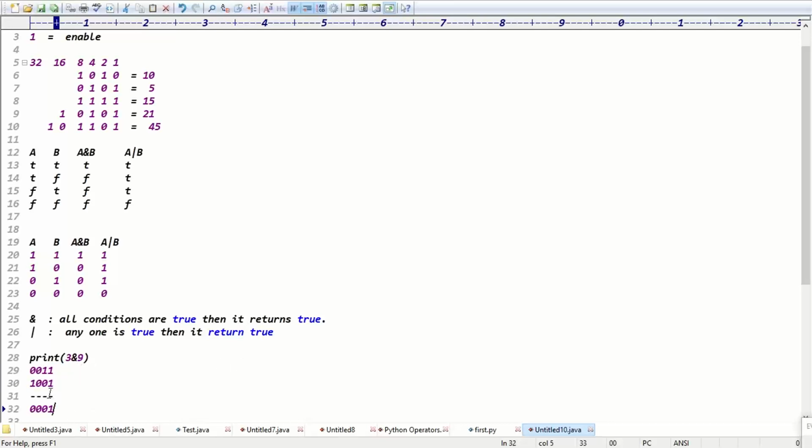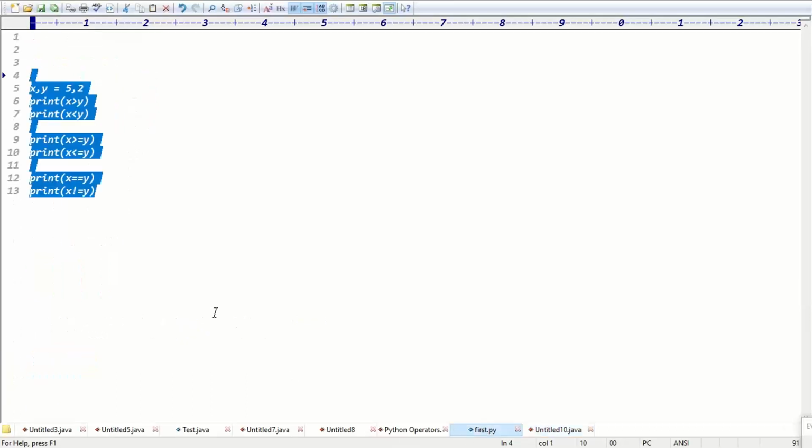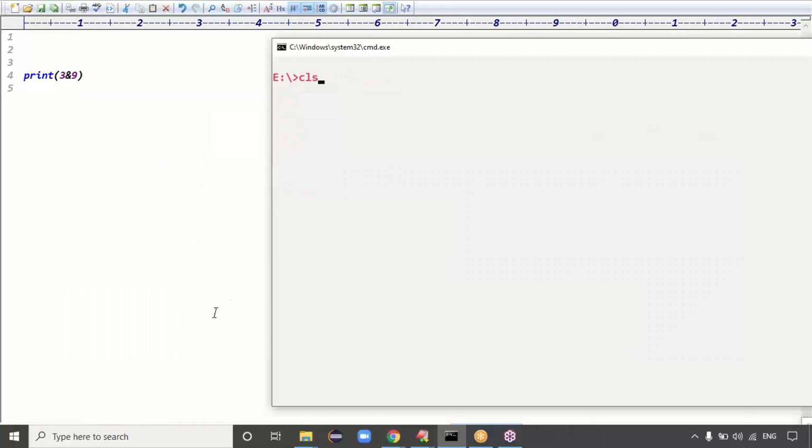Why are you saying four zeros? In the last case it is written 1, right? 1 and 1 means 1. Yes, 3 and 9, what is the resultant value here? 1 is the resultant value, right? Yes, 3 and 9 means the output will be 1, guys. If you want, you can run this code. These bitwise calculations, generally at the circuit designing level, we use bitwise AND gate, OR gate, NAND gate. You get the output is 1, right?